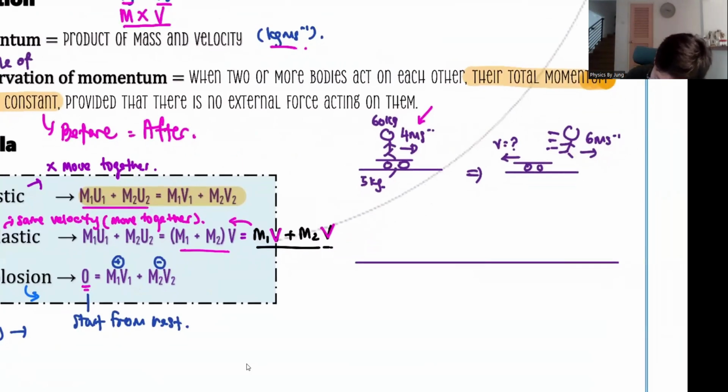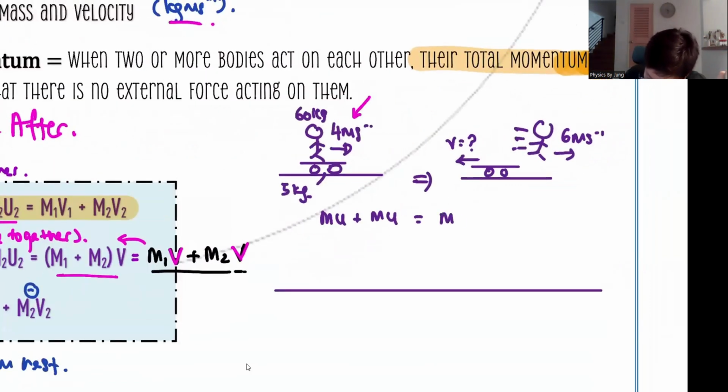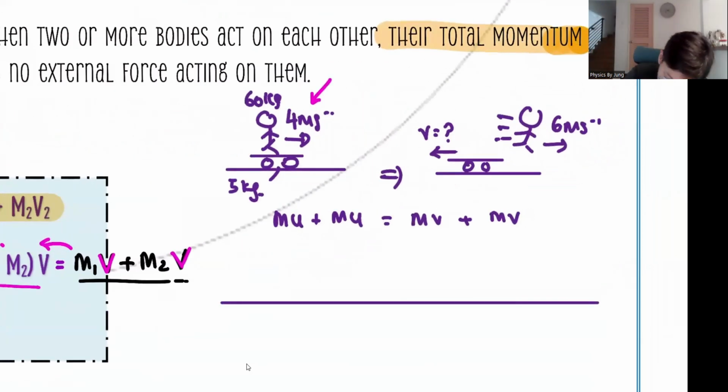So watch how I write this. Because it is before equals to after. Before is always mu plus mu. Why mu is before? Because u stands for initial velocity, the starting. And after that, here I write mv plus mv. Why become v? Because that's the final velocity. So starting equals to final. So the first object, then the second object, the first object, then the second object. Sometimes in exams, when I first learned this, I don't even write 1 and 2. I write: this is the Jung Hao object, this is the skateboard, this is the Jung Hao object, this is the skateboard. So I know who is the first, who is the second.